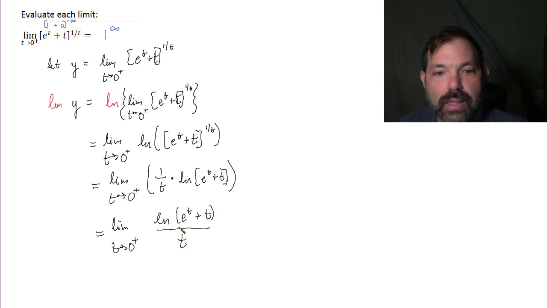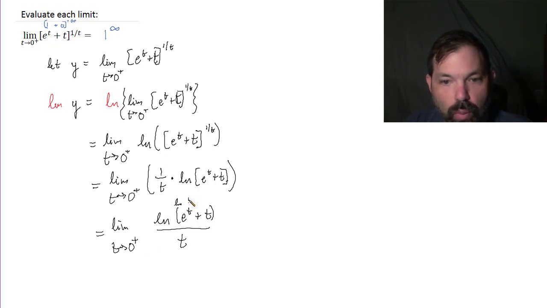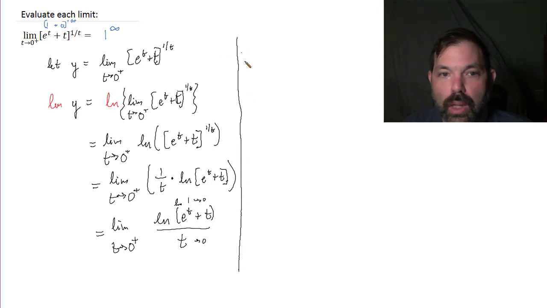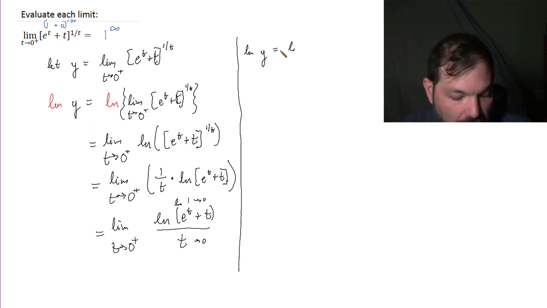over t. And so now if we look at this limit on the right, as t goes to 0, the numerator becomes the natural log of 1, which goes to 0, and t, as t goes to 0 on the right, goes to 0. So I now have an indeterminate form of the form 0 over 0, and I can apply L'Hopital's rule. So then the natural log of y, remember that was the left-hand side, is then, applying L'Hopital's rule,